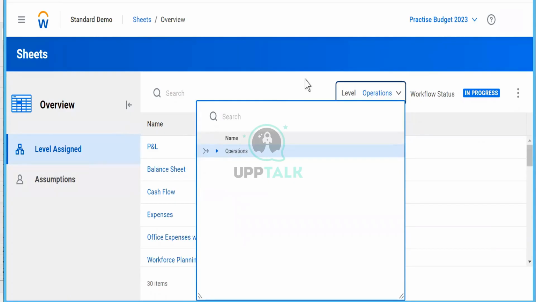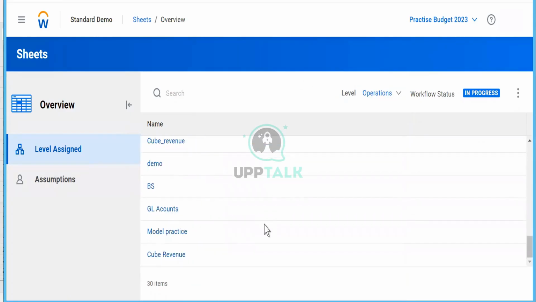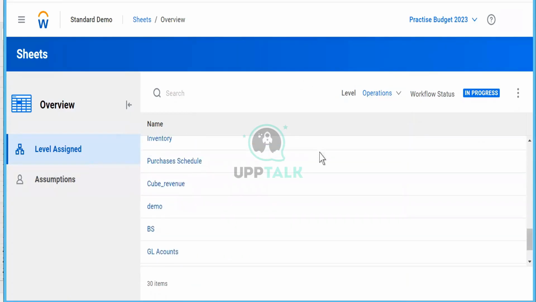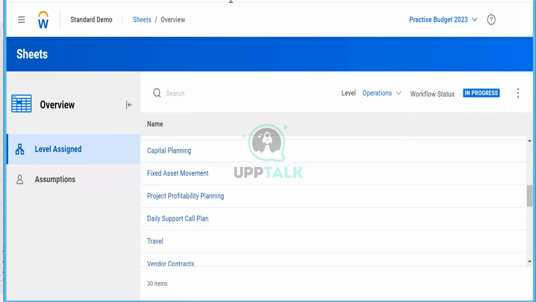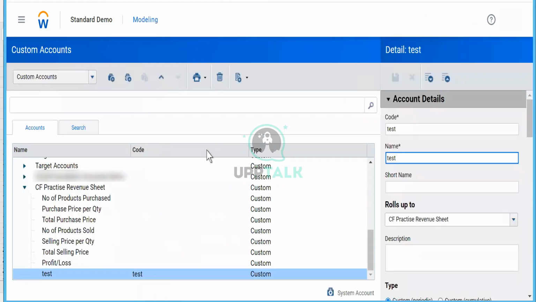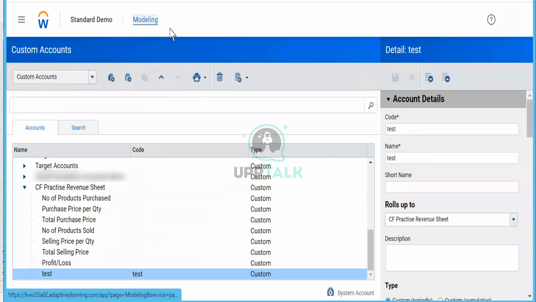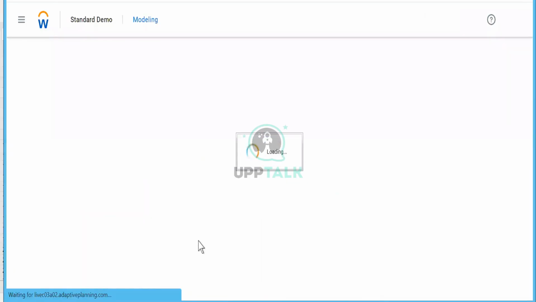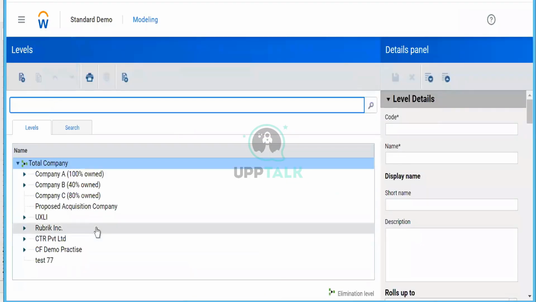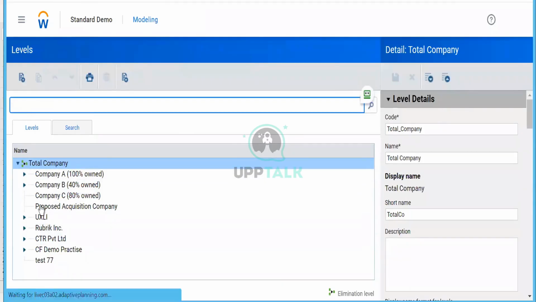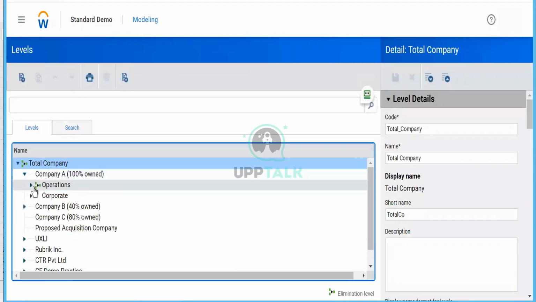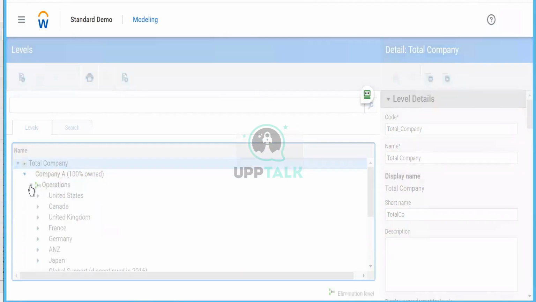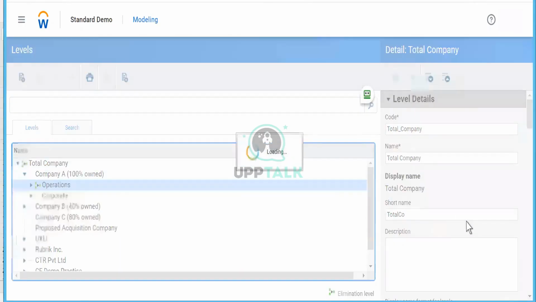I think they have done certain settings in the accounts, sorry, in the levels. Where is operations? This one, I'm going to untick this and save this.